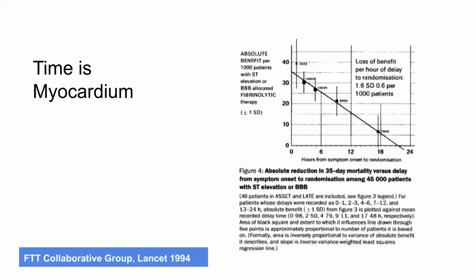This is what's called the FTT collaborative group. They lumped patients from different thrombolysis trials, with more than 50,000 patients. What they found was that, as time goes by, you lose benefit from thrombolysis. The most benefit you get is in the first few hours from onset of symptoms. So if you come very early, thrombolysis will save more lives. As time goes by, you start losing benefit from thrombolysis,